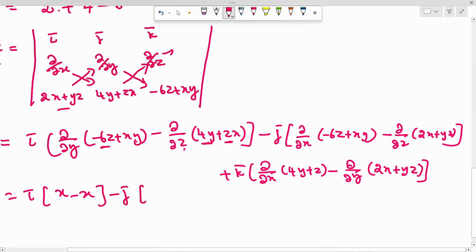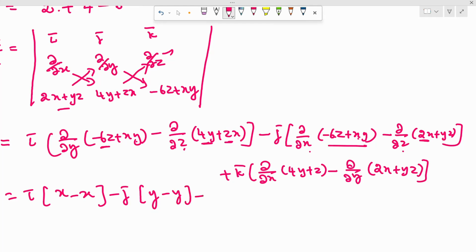Minus j vector into dou by dou x of this one, first term 0. Here x will be 1, we will get only y. The second term, dou by dou z of 2x, 0, here z will be 1, we will get y, which is minus 1, plus k vector into dou by dou x of this, there is no x here, which means 0,